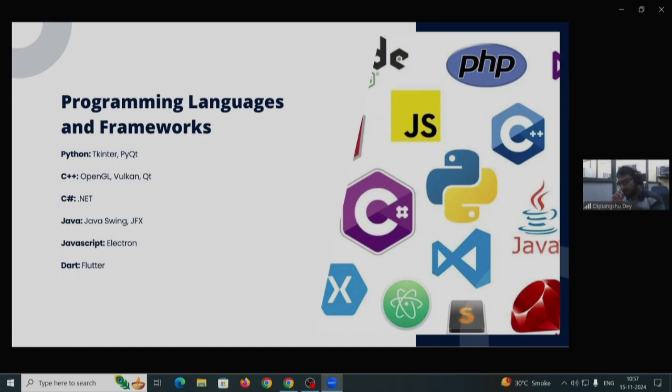Tkinter is based on the Tk framework, again, which is a C++ framework. These are just Python wrappers around the original C frameworks. And coming to C frameworks, in C++, you have OpenGL, Vulkan, Qt, and you can go with GTK or Tk itself. So for a desktop application, C++, C Sharp, or Java are better options because